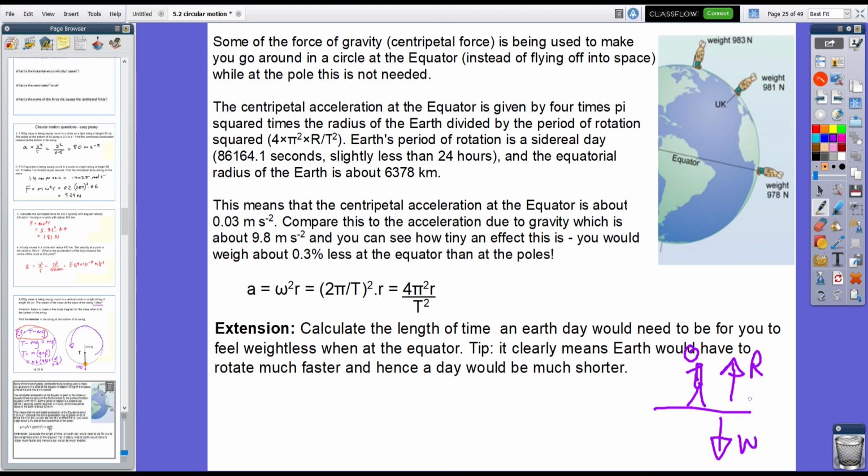But that's actually not true, because if you're going round at the equator, in effect, your W minus your R should be ever so slightly positive towards the center. Otherwise, you wouldn't be able to go around in a circle. So, extension. Calculate the length of time an Earth day would need to be for you to feel weightless